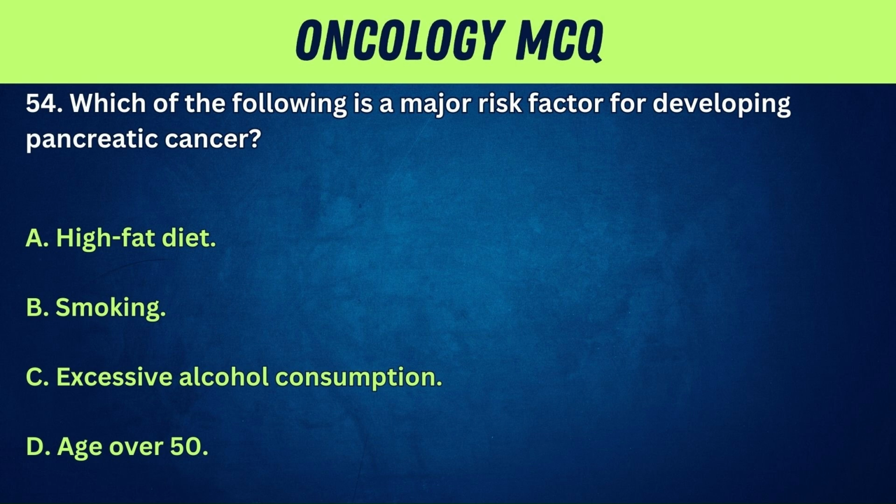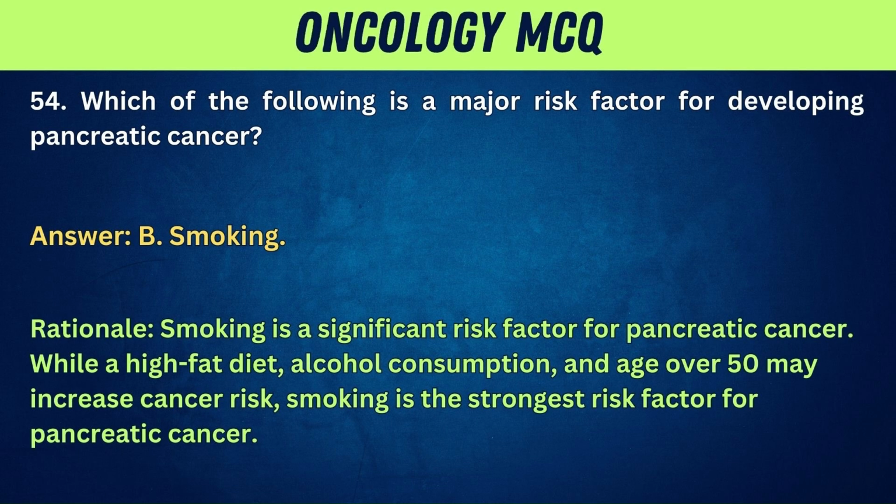Which of the following is a major risk factor for developing pancreatic cancer? A. High-fat diet. B. Smoking. C. Excessive alcohol consumption. D. Age over 50. Answer: B. Smoking. Rationale: smoking is a significant risk factor for pancreatic cancer. While a high-fat diet, alcohol consumption, and age over 50 may increase cancer risk, smoking is the strongest risk factor